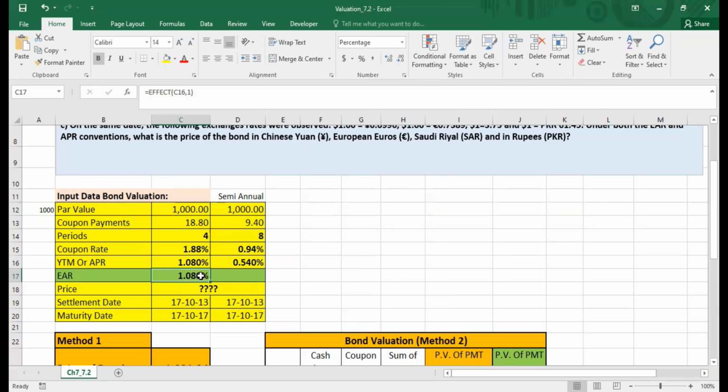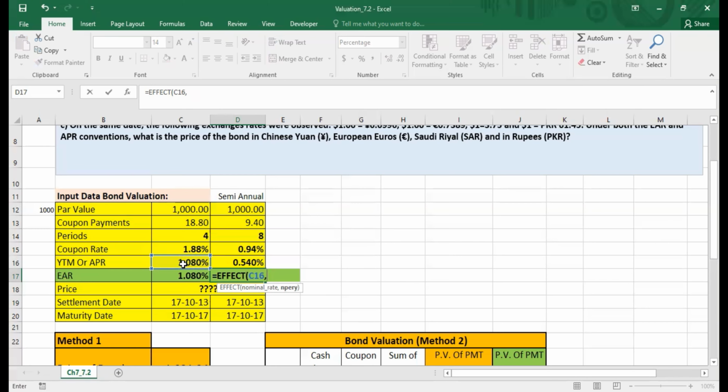But when we want to calculate the same effective annual rate for semi-annual, this column is basically representing the semi-annual rates and the semi-annual values of the same bond. So we are going to write the same formula, EFFECT, start the parentheses, then the nominal rate. This is the nominal rate which is given to us. And then you can simply type in the number of compounding periods per year.